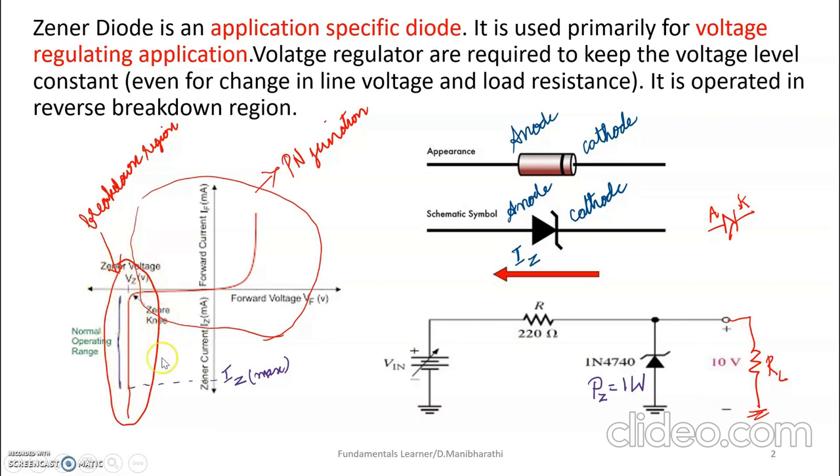So if we can operate the Zener diode in this region, that is the breakdown region or reverse breakdown region, I can say it can function as a voltage regulator. The other thing you have to be very clear about is that it is limited. I cannot keep on increasing the current, right? So the maximum current that can flow through the Zener diode is indicated by IZ max. The Zener diode can operate between this point, the minimum Zener current, and the maximum Zener current. But you have to be very sure that the Zener diode has a voltage of VZ, that is, you are operating in the reverse breakdown region.